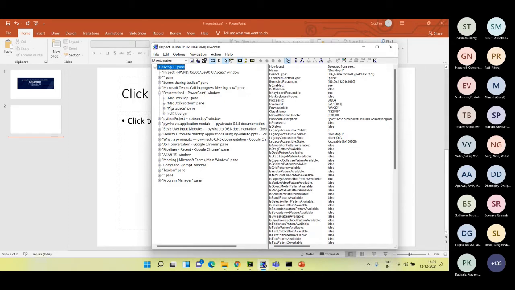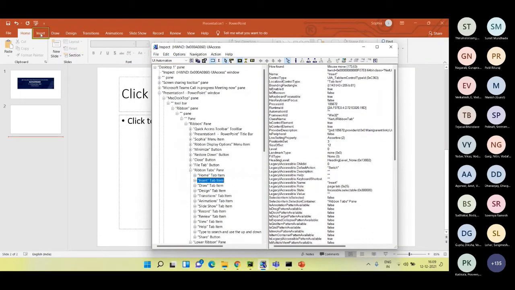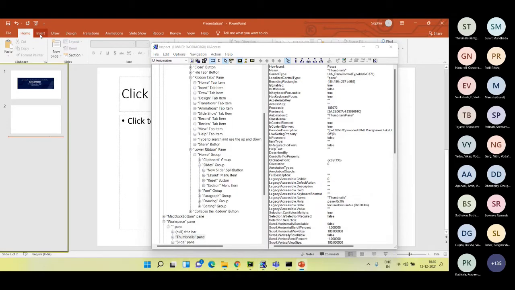Let's say I want to click on the insert tab. One thing you need to remember is there are different controls here. If you click on show highlight rectangle, then whichever control you want to go to, let's say insert, I click on insert.